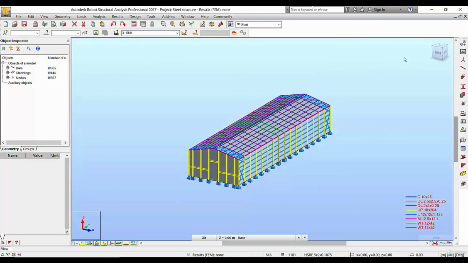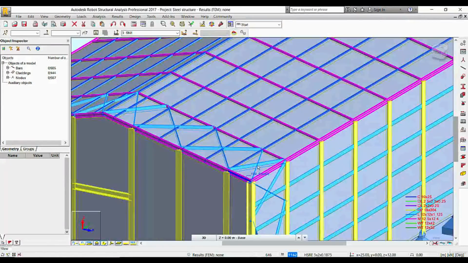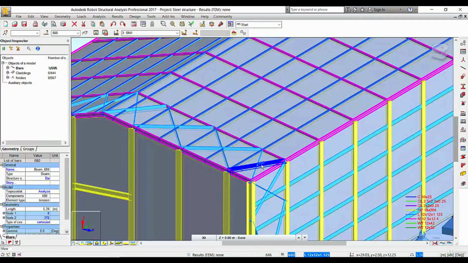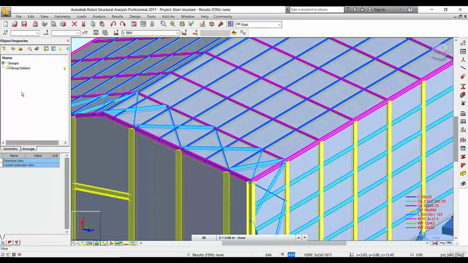So now we have finished the modeling and applying load, and defining load combinations. Now we are ready to begin the calculation. But first of all we can here choose the bracing. For the bracing, we can first of all go to groups, select the bracing, and we name it